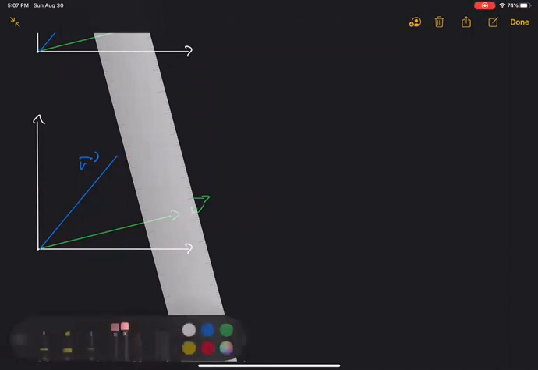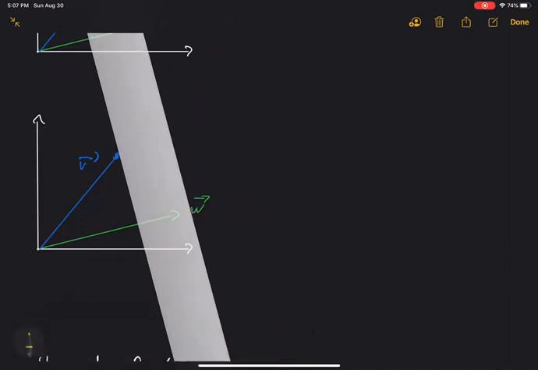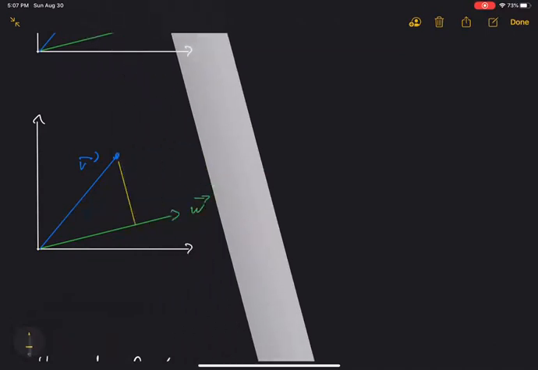Now, what I'm going to do is draw a line from the tip of v. Let's say the tip of v is here. I'm going to draw a line from the tip of v along that 90-degree line down to w. Now, this vector here that goes along w and stops here is the projection of v onto w. Another way to think about that is,